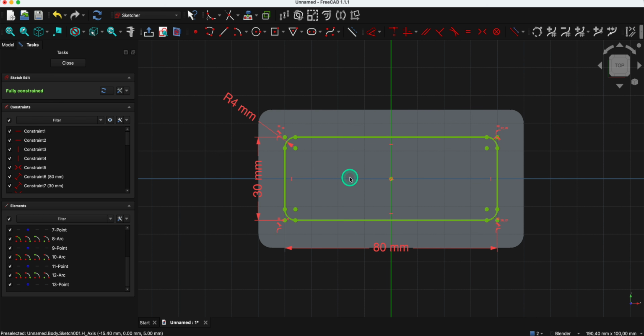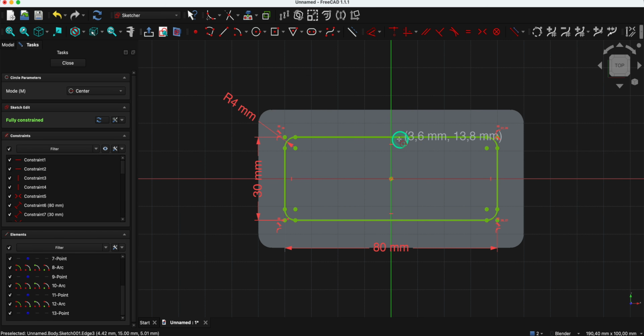And now I choose drawing a circle and I place the center of the circle at the midpoint of this line. Note that when I move the cursor near the midpoint of this line, the symbol of that constraint appears by the cursor. If I now click here, the center of the circle has been automatically constrained to the midpoint of this line. And as the radius value I enter 20, I press enter,